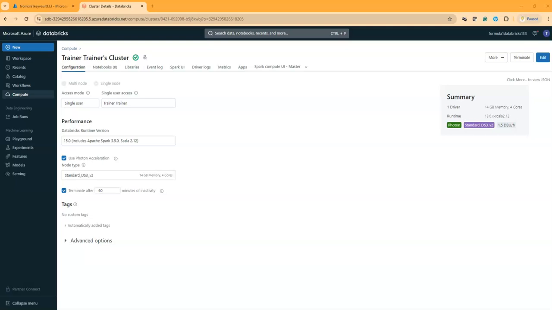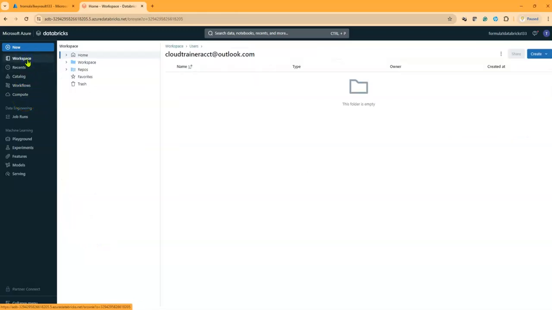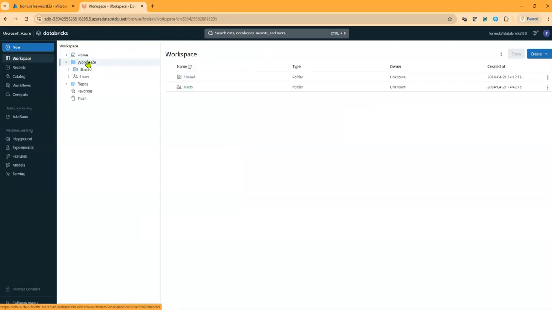mounting my resources, or mounting my data first of all. Okay, so now to get these mount operations, or if you want to apply a mounting implementation, first of all you need to provide your scope and credentials, right? But this can be done using a notebook. So you will simply go to your workspace, expand your workspace, or maybe you can go to your home, and then click on that, go to your workspace,